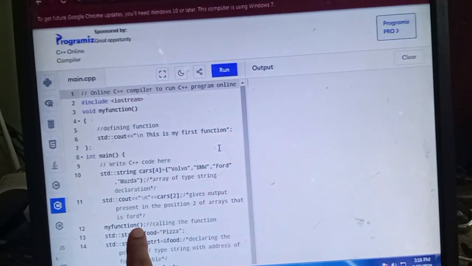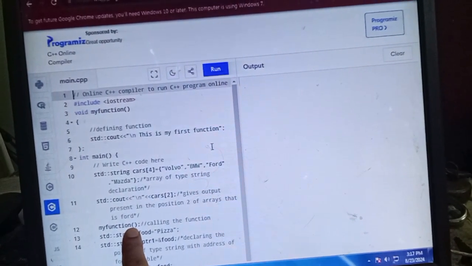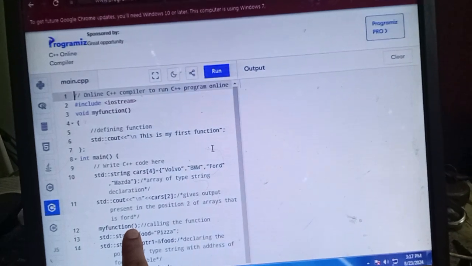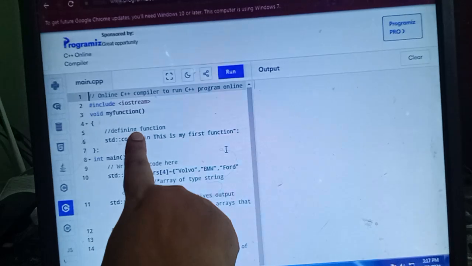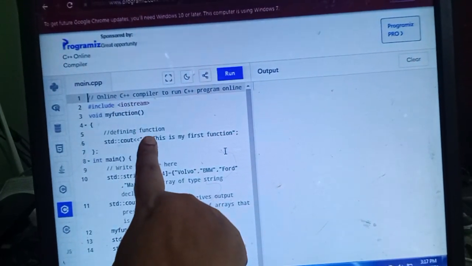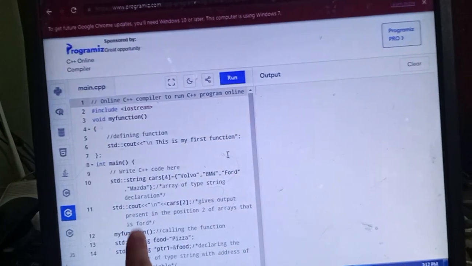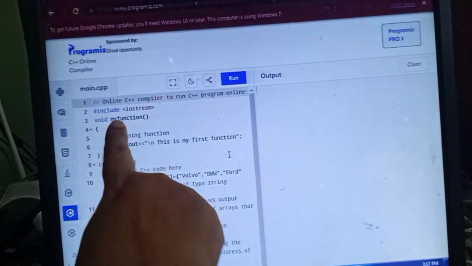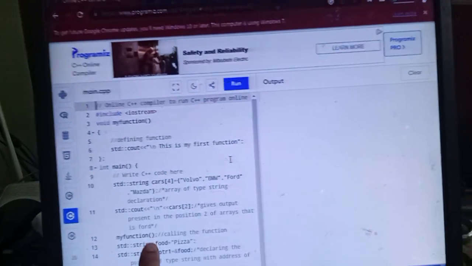If you just hold a function, everyone can't know. When you call for the function, they'll come, right. In the same way, here also this is defining and declaring the function. Here, this one is calling the function. When you call it with the function name here, then only you can see the output from this function.